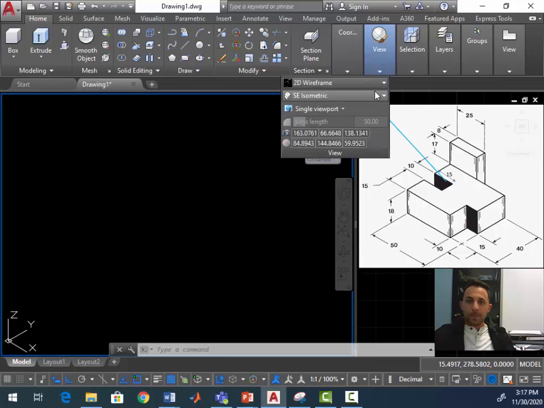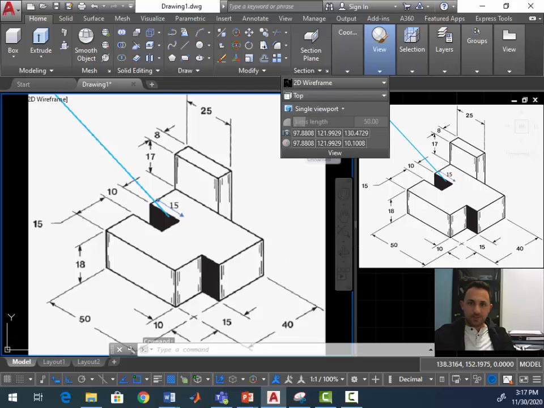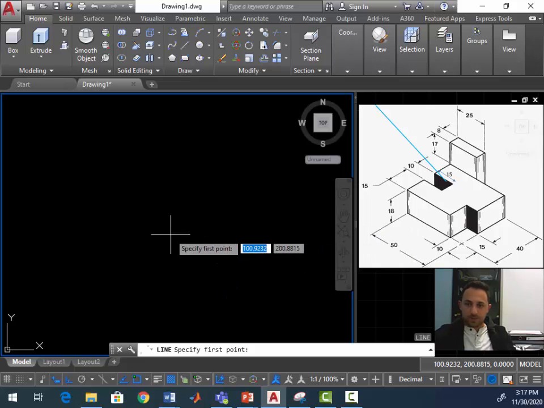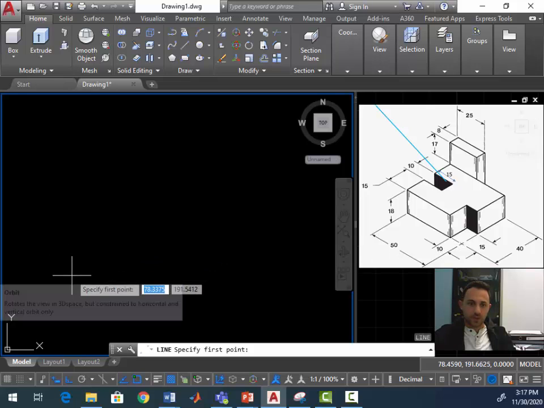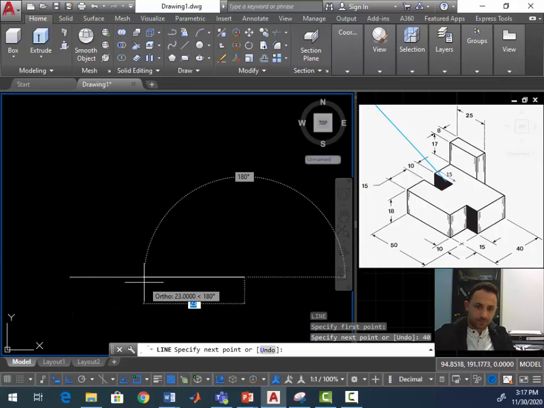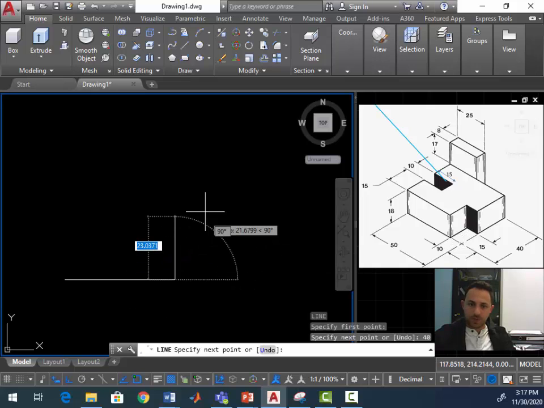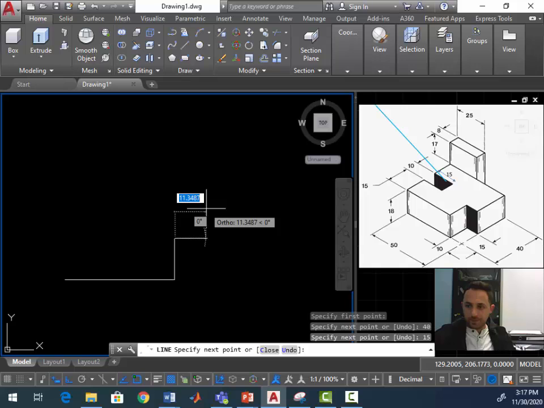So I can go to the top view directly. Okay, I'll enter, so I can start by this side, which is equal to 50 minus 10, which is 40. Okay, I can go upward by 15,